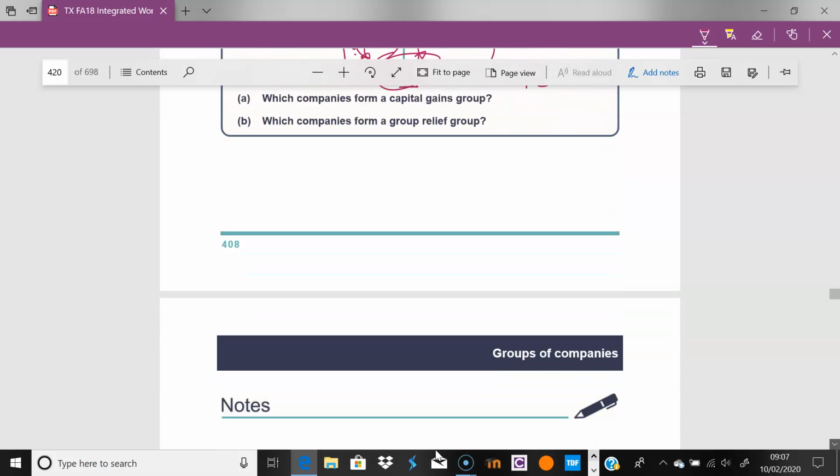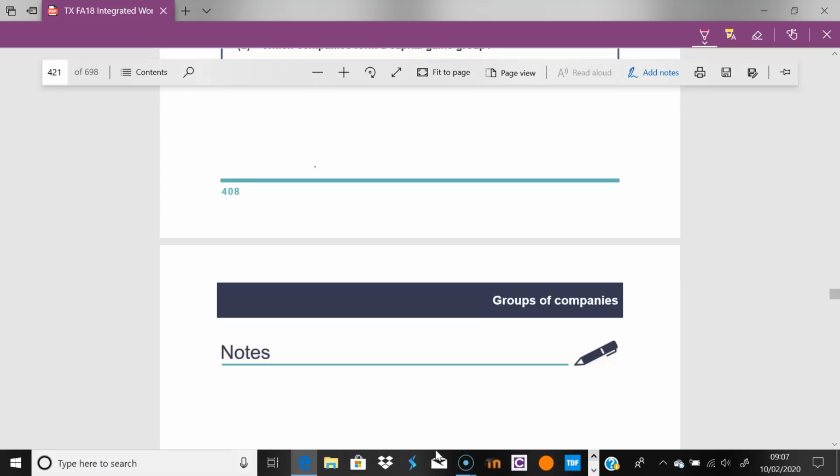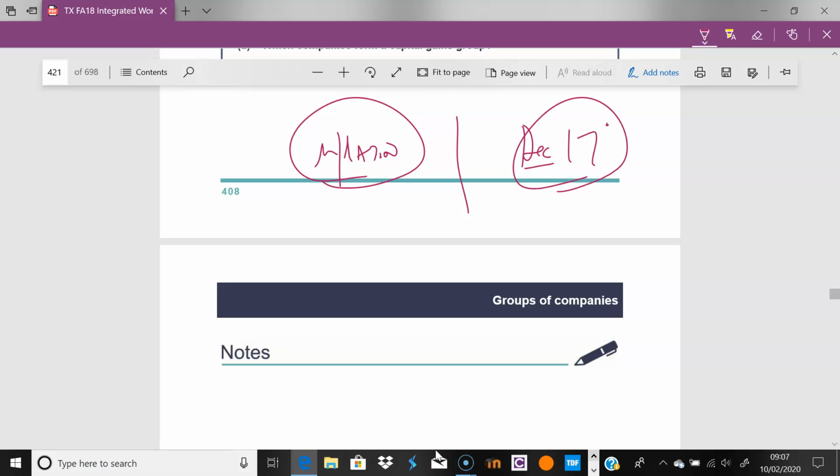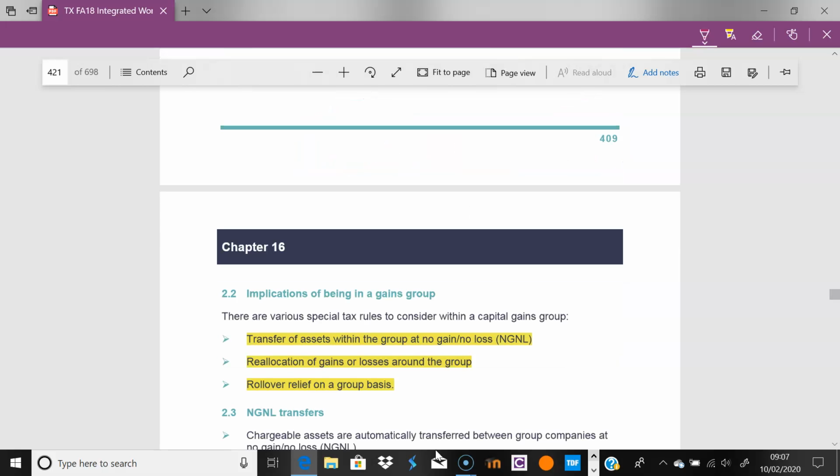Right, and we're dealing with a company here. So this idea of company brings into context this idea of inflation. So we account for inflation, there's a restriction, up to December 2017. So all inflation is happening up till December 2017. You need to remember that. So what does that mean? Typically assets are transferred, it's just like moving it from one department to the next within the group at no gain, no loss. And we can roll over on a group basis. And we'll discuss this idea of rolling over. So in effect, recalculating the base of a new asset when we spend the money.